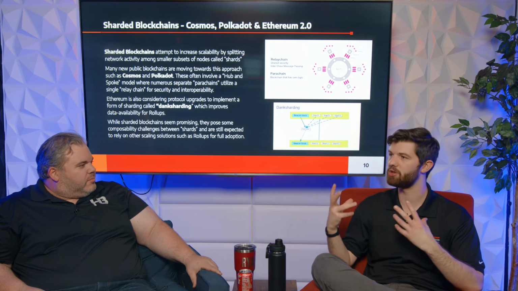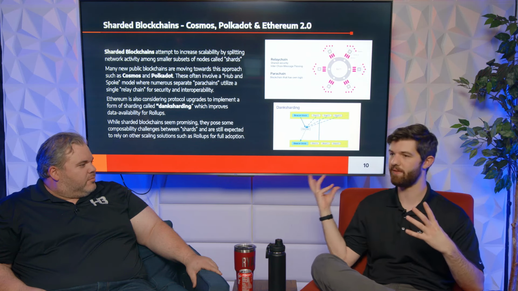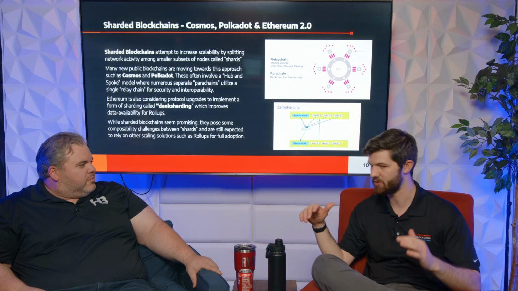It's kind of like a more modular blockchain approach. And there's also a whole thing that I didn't even put in the slides, modular blockchains, which split up the components of a blockchain: one part is transaction processing, the other part is data storage, the other part is consensus. You could split that up even more, and there are projects like Celestia trying to do that. We're not going to get into that. The point being, there are ways to split up work.